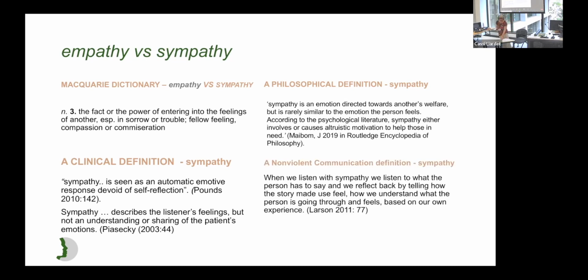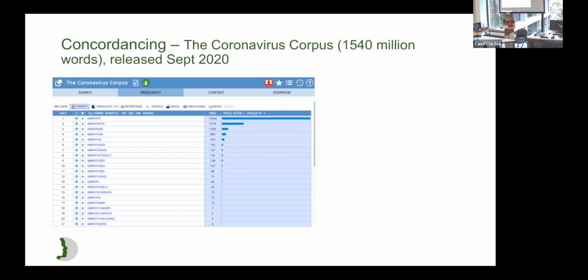Okay, so then with that little mess in my head, what is the difference? I moved to seeing what it was like in the concordancing world. And as with Auni, I used the coronavirus corpus because there was an expectation that we might find the word empathy present there, and it's a big corpus. And I did 2 studies, mostly as I was learning, but in terms of frequency and the class, in the first study,